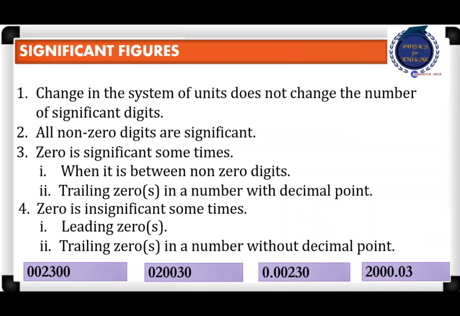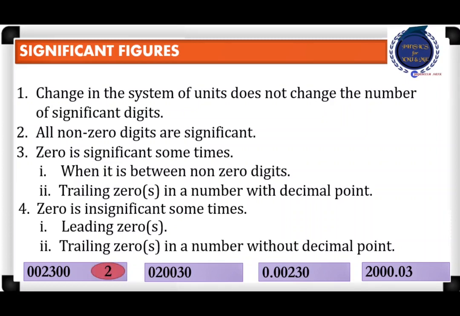When we consider the first example, the 2 leading zeros, present before 2 and 3, are always insignificant. Since there is no decimal point, the 2 zeros after the 2 and 3 are also insignificant. So the number of significant figures in the first number is